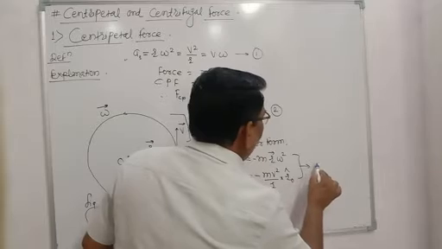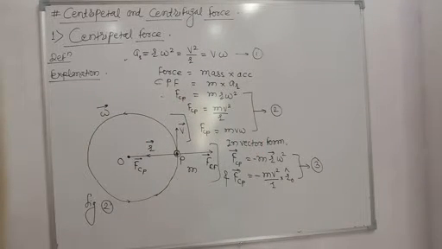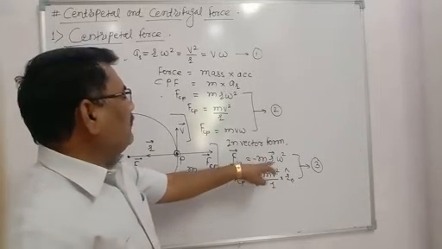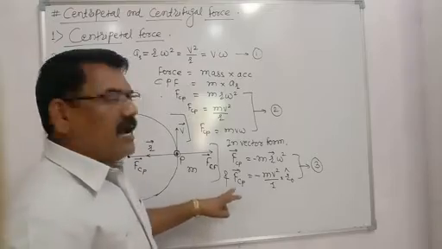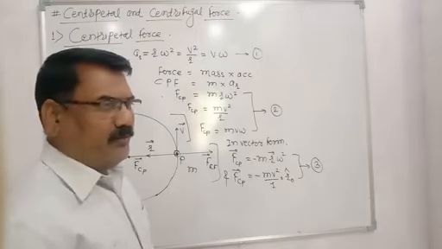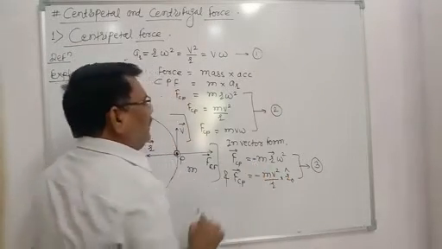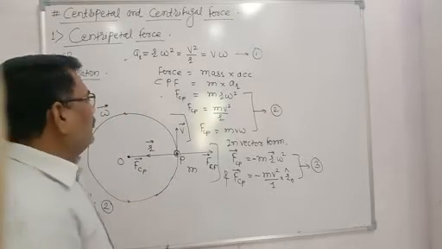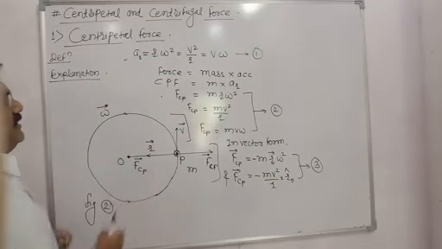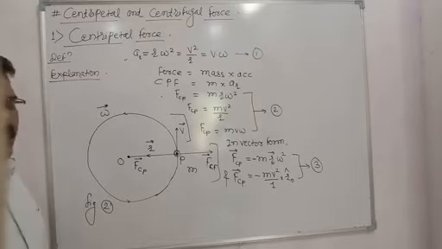Let us call this equation number 3. In vector form, the above two equations can be written as F_CP bar is equal to minus m r bar omega square, and F_CP bar is equal to minus m v square upon r into r0 cap. In equation 3, the negative sign indicates the relation between the centripetal force and the radius vector or position vector. Here r is known as the radius vector.